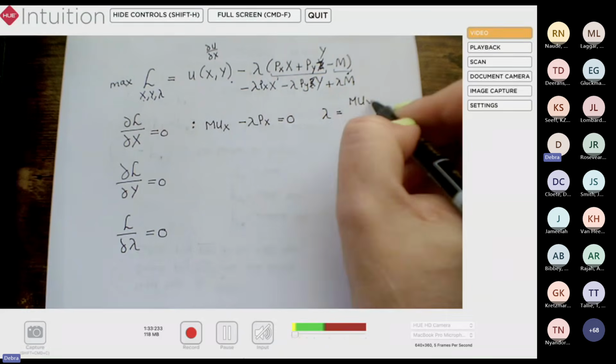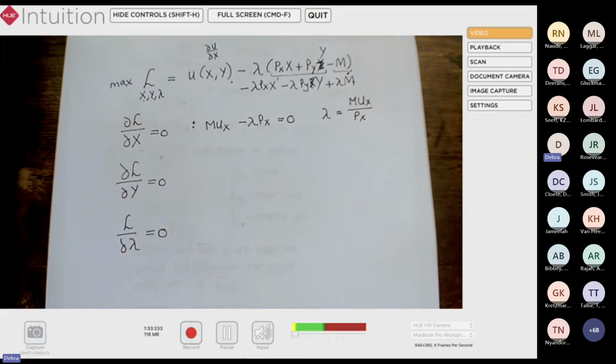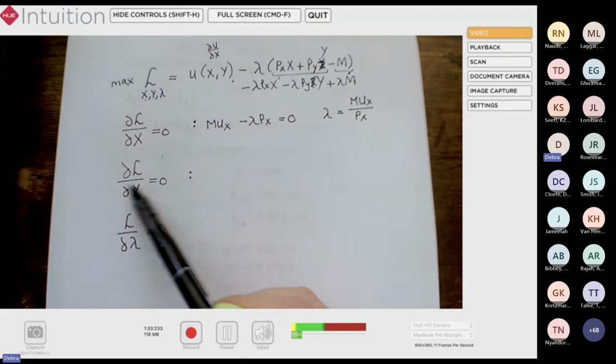I think you can see where this is going. Okay, now if I take the partial derivative of lambda with respect to y,